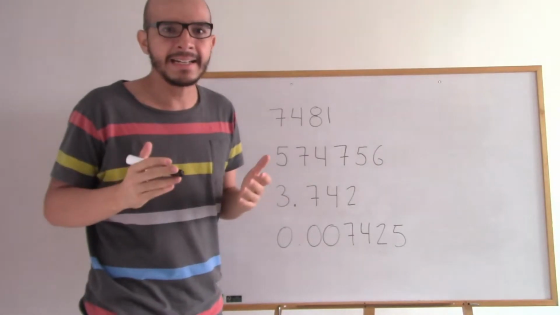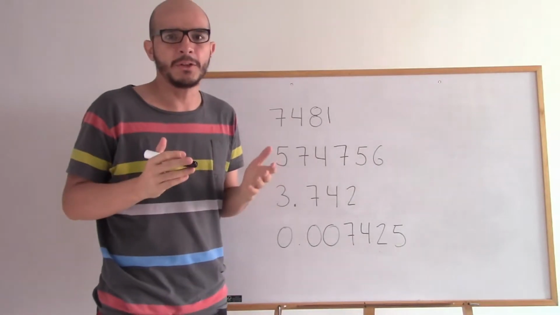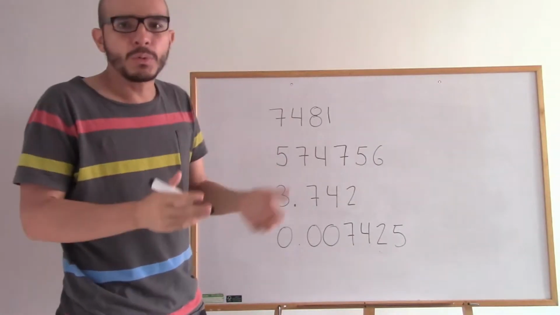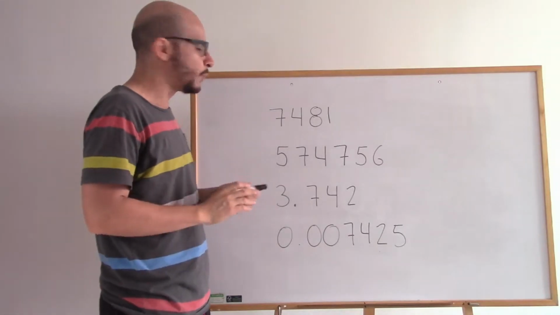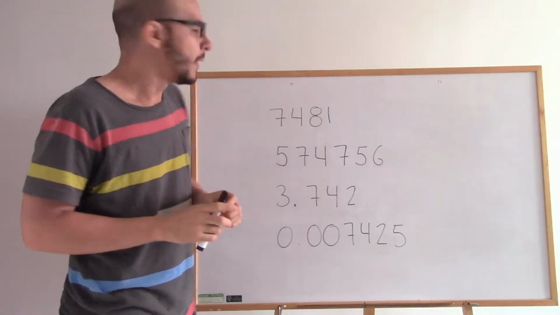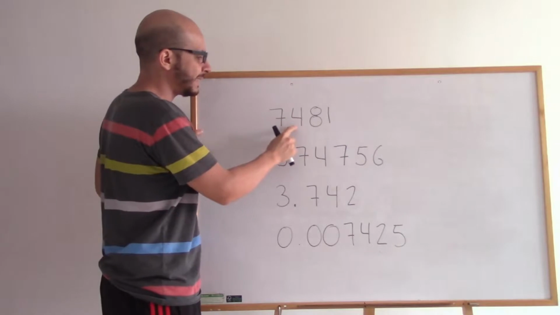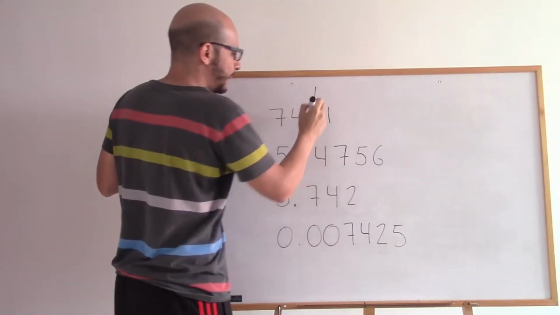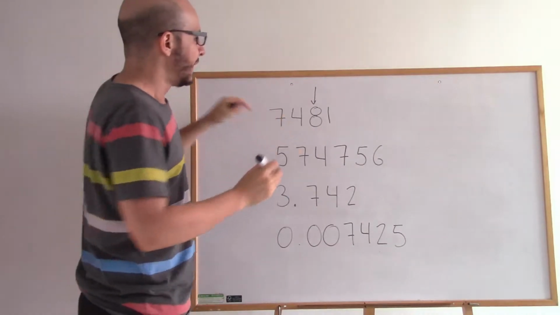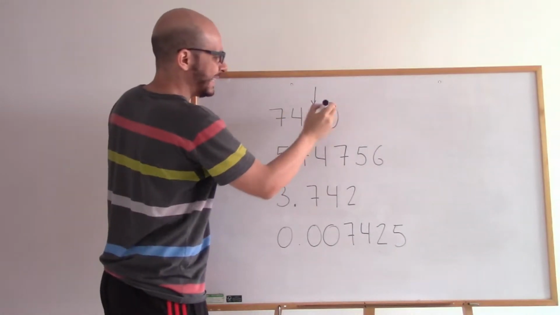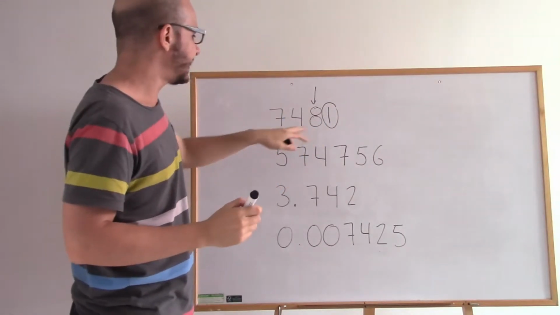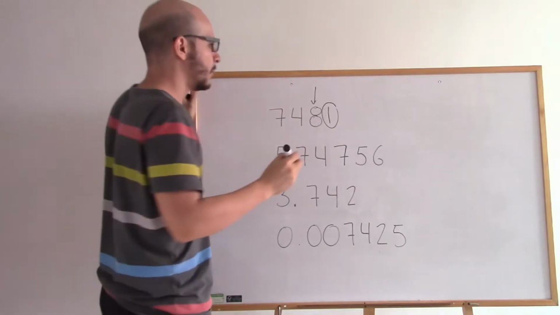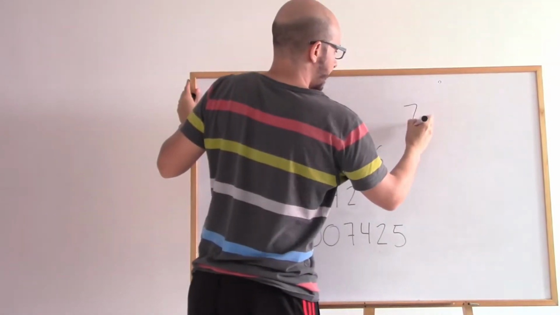So another way to be asked about rounding a number is when we are asked to round the number to a determined number of significant figures. Let's imagine we want to round these numbers to 3 significant figures. So here we have the first, the second, the third significant figure. That means the 8 is the number we want to round. The number located on the right side is lower than 5. That means the 8 stays the same. So what we get is